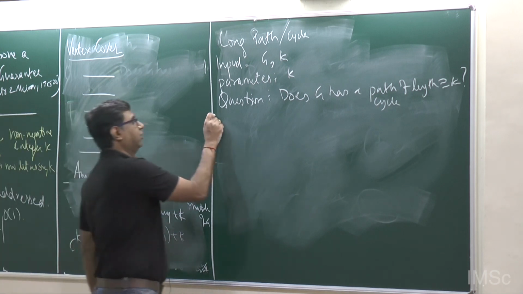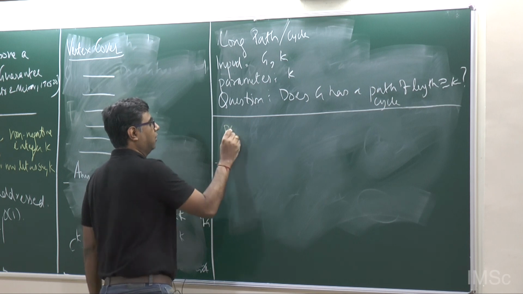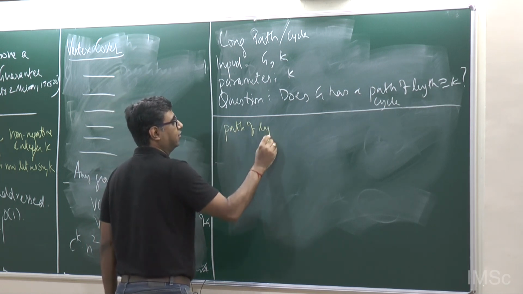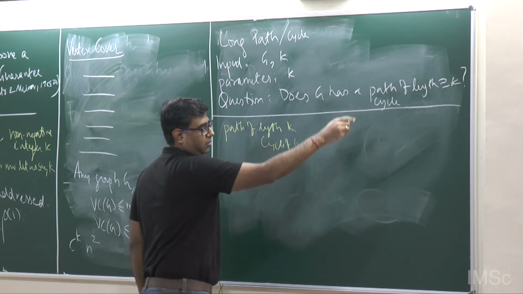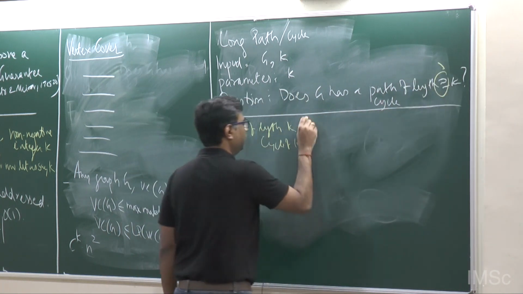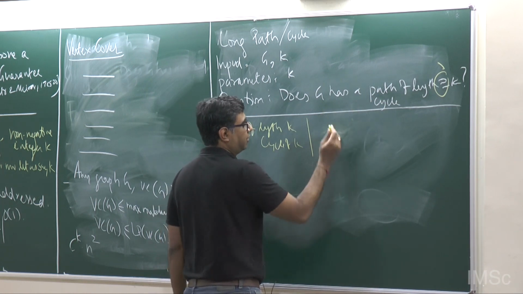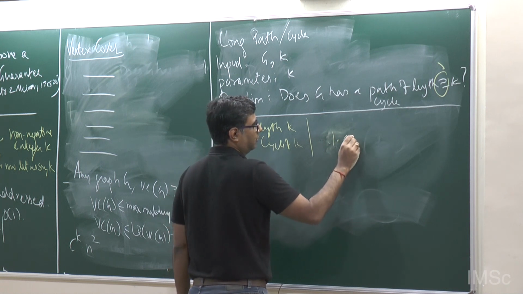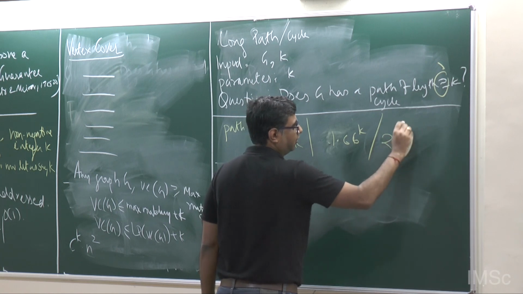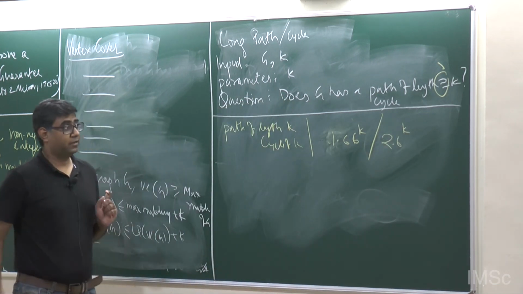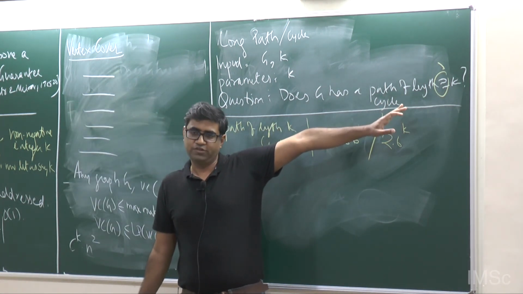What was known for a long time is that if you're looking for a path of length k or a cycle of length k, not at least, then you have a c power k algorithm. The best known currently is 1.66 to the power k randomized, and 2.6 to the power k deterministic. But if I ask you whether there exists a cycle of length at least k, the question completely changes,